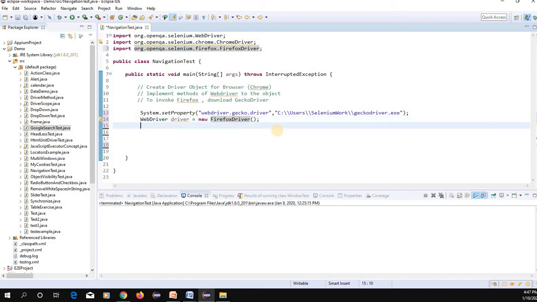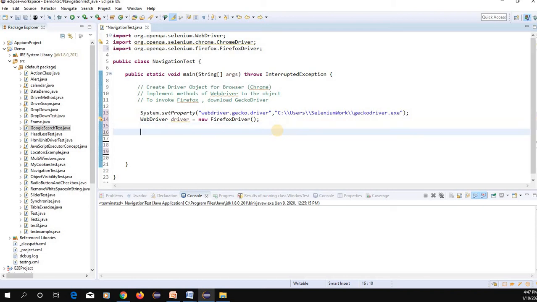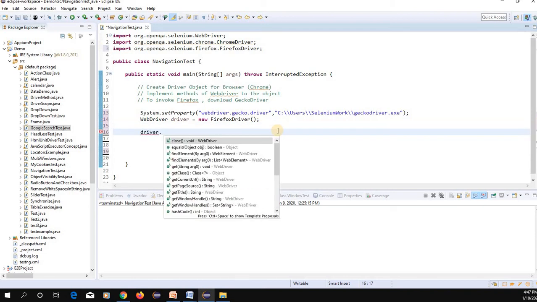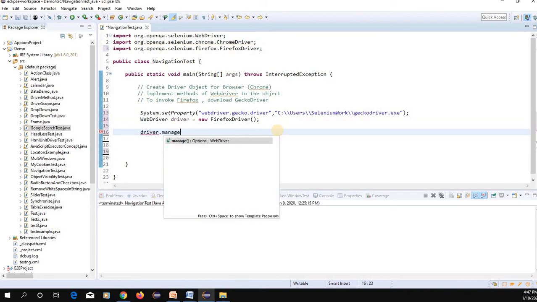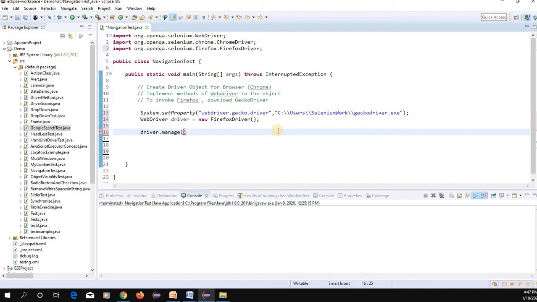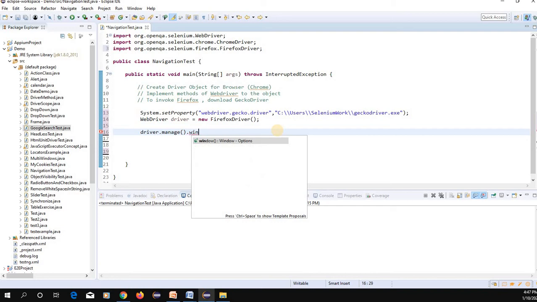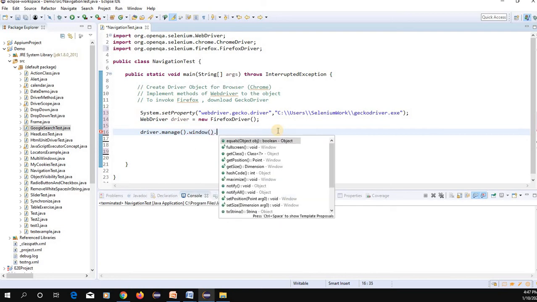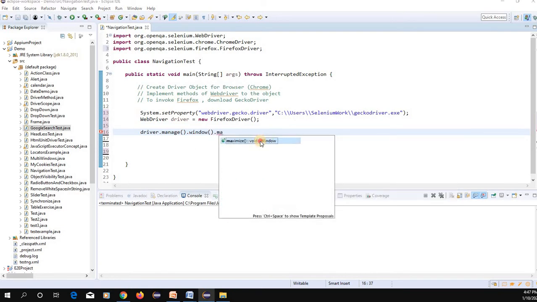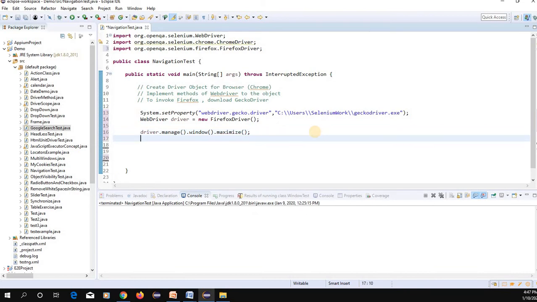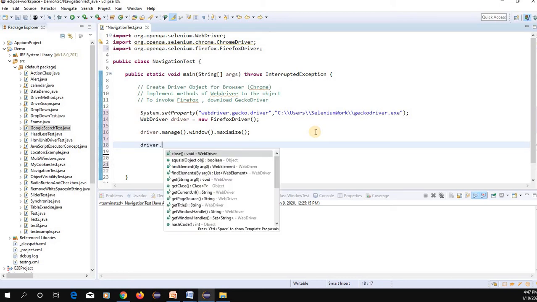Now let's use the driver. Let's maximize the page: driver.manage().window().maximize(). Let's maximize the window, and after that we'll visit, driver.get, let's go to